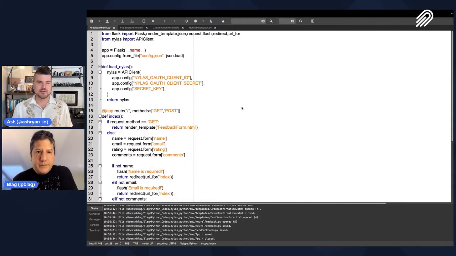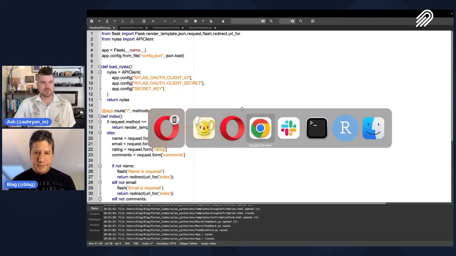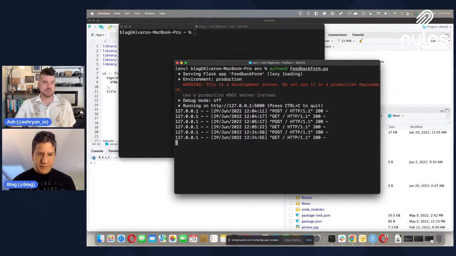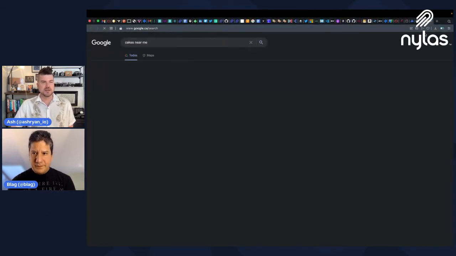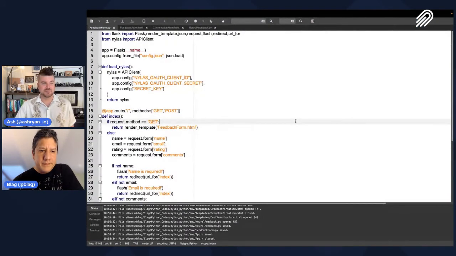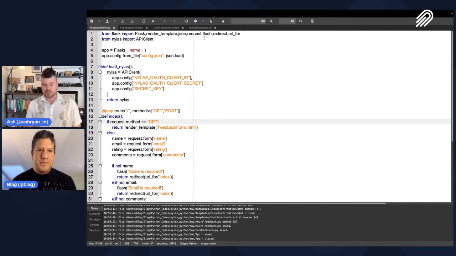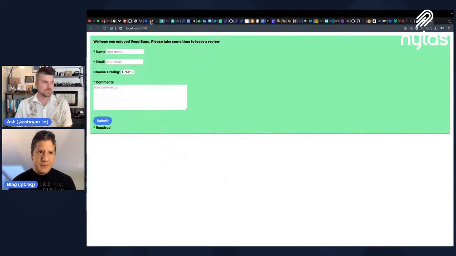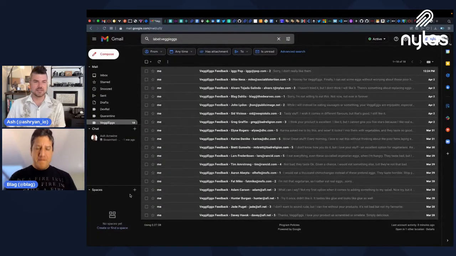Okay, so that alone seems handy, right? But the trick here is that if we stopped the application at this point, then what we have is a form that sends an email and receives responses, and then we just have to be sitting there looking at every email that comes in. It's hard to get an understanding of, generally speaking, how people are feeling about our product based on their feedback. So I think that's where you picked up and started another side of this application, which helps the company understand the general state of how customers are feeling about the product. So let's dig into that.